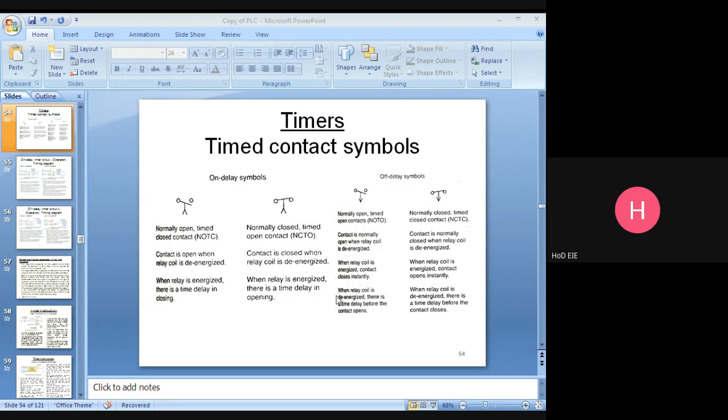Okay. When the relay coil is de-energized, here the contact is closed condition. Next, when the relay coil is de-energized, it won't open immediately. There is a time delay before the contact opens. Got it?